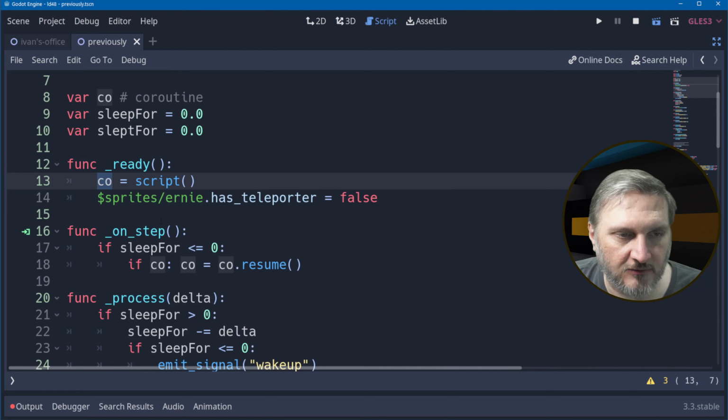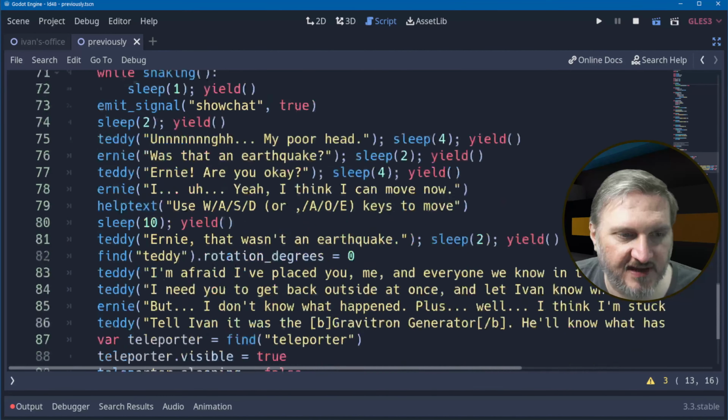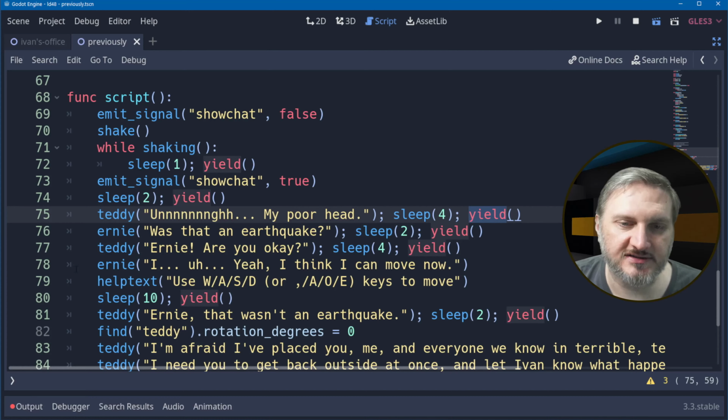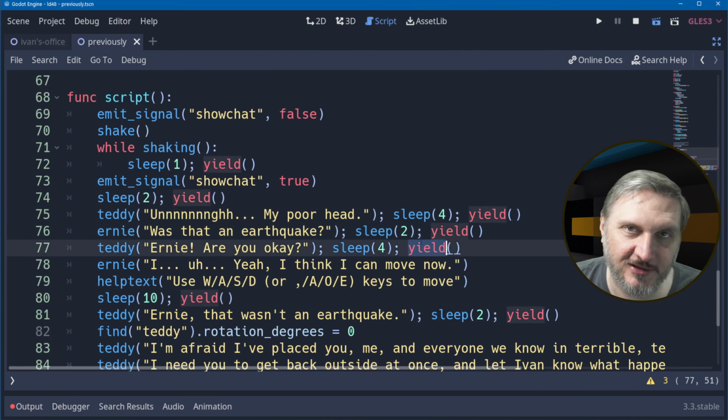This is code for a coroutine, so we call this script thing. The idea is that every time you run the word yield, you're able to pause, and animations are able to play, and then it can come back later. So it's a little weird. You have to be a little clever about how to manage this yield thing. So for example,